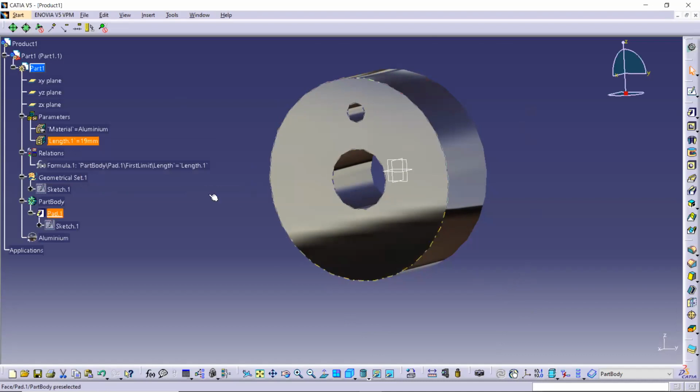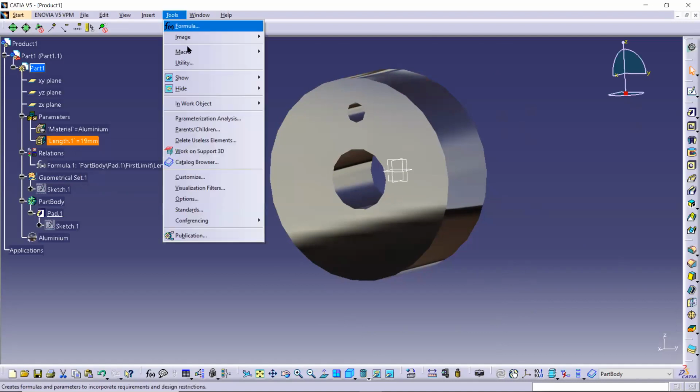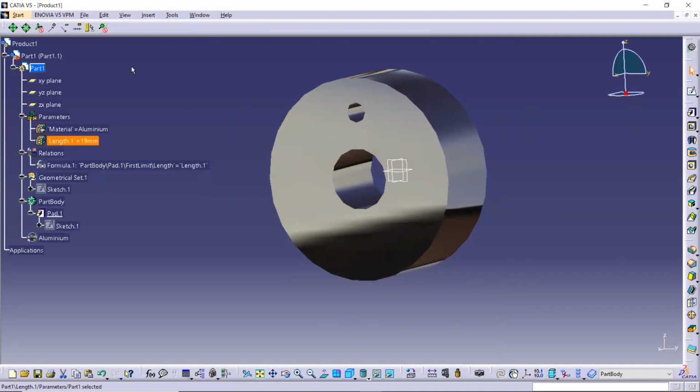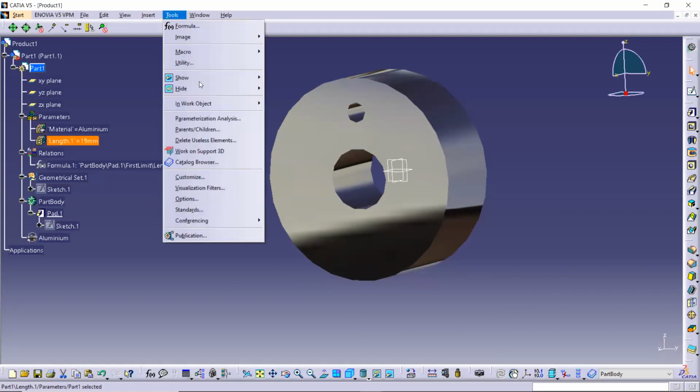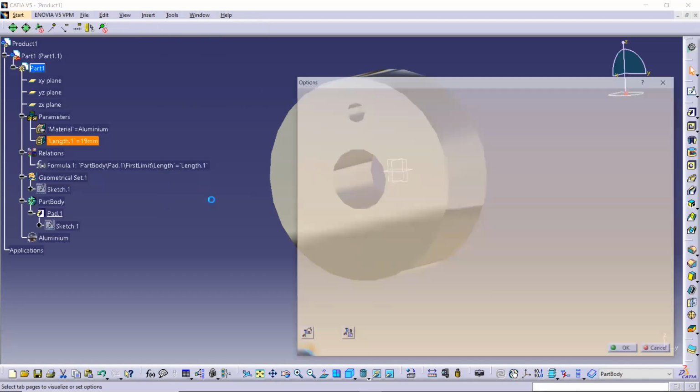One more thing: suppose many of you are very new to CATIA or are about to install CATIA. There are some things you need to keep in mind. First, go to Tools, then Options.